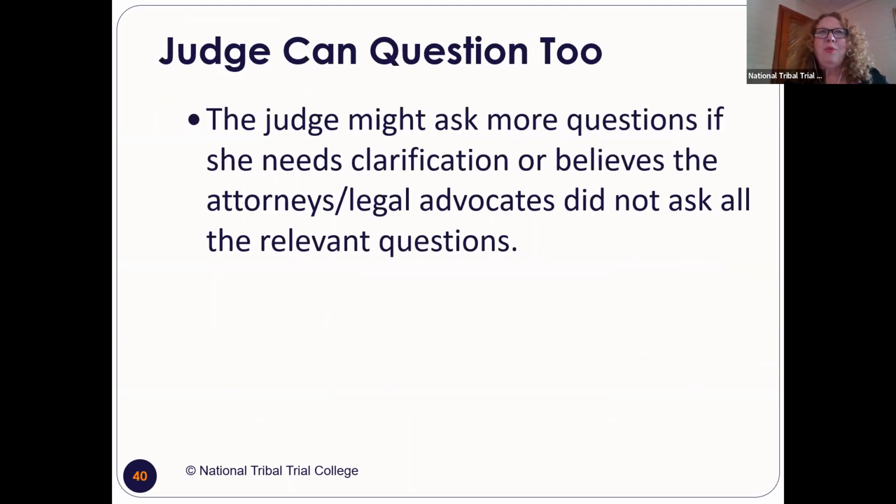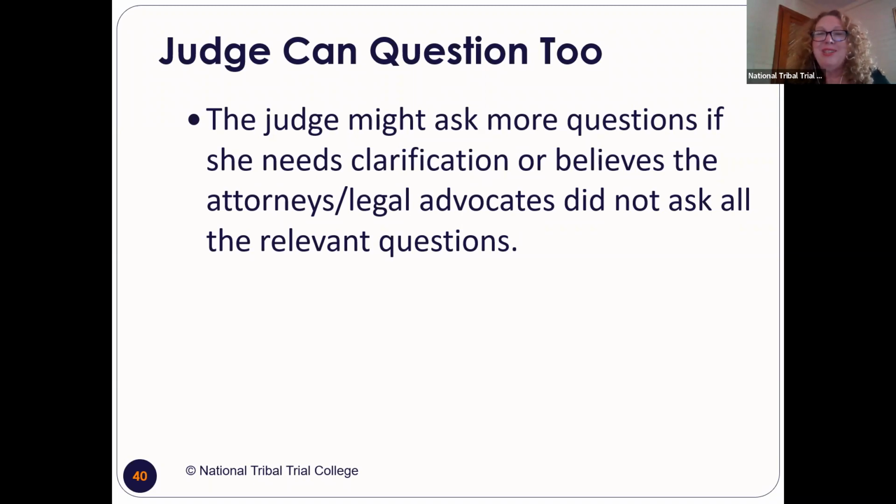Also the judge, when the witness is on the stand and you're asking them about the qualifications, judges are allowed to ask questions too. First time when I was a young lawyer that happened, it shocked me because I wasn't prepared for the judge to ask questions. I'm like, no, wait, hold on. I asked the questions in direct, and then they do cross. Why is the judge asking questions?